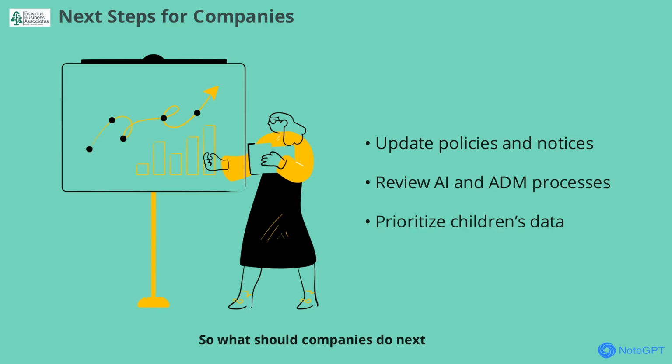What should companies do next? The Act offers both new opportunities and responsibilities. Businesses should update their data subject rights policies, privacy notices, and internal documentation to reflect the new rules. Special attention should be given to AI and ADM policies, legal basis disclosures, and processes for handling children's data. By taking these steps, organizations can ensure compliance, reduce risk, and build trust with customers. Staying proactive will help companies adapt smoothly as the Act's provisions come into force throughout 2026.